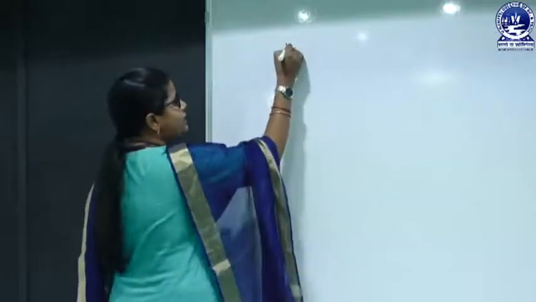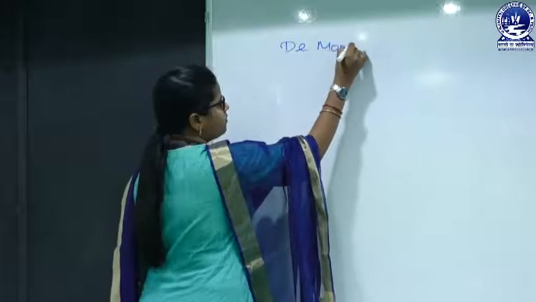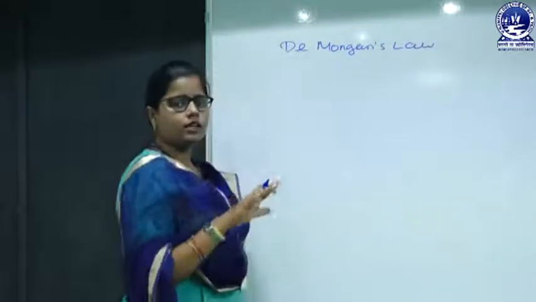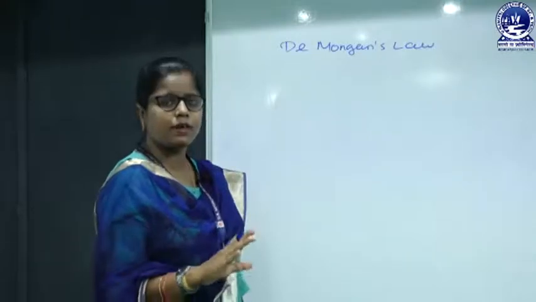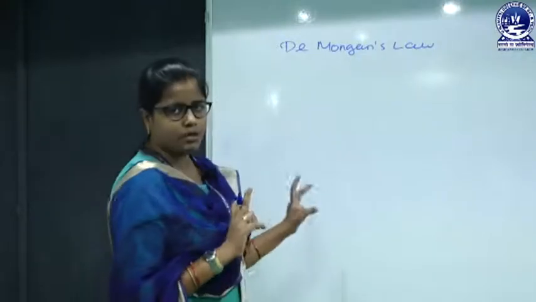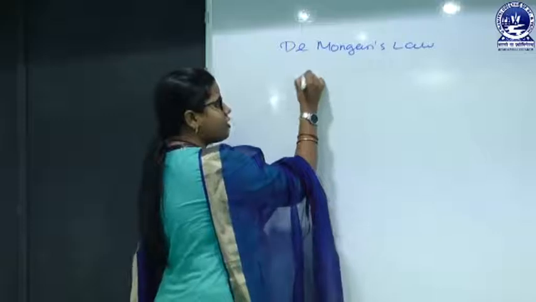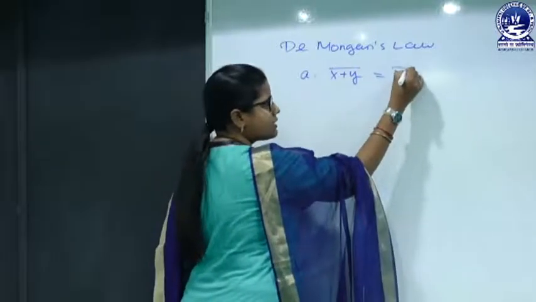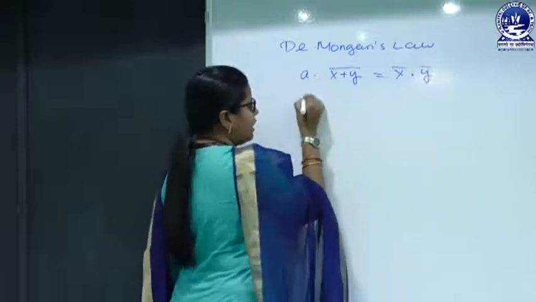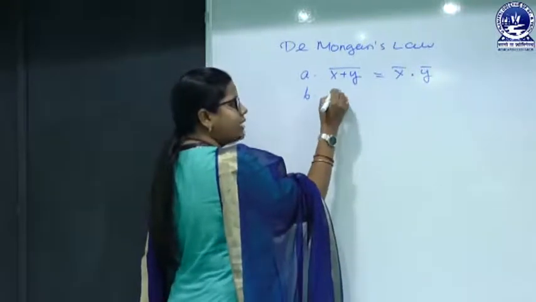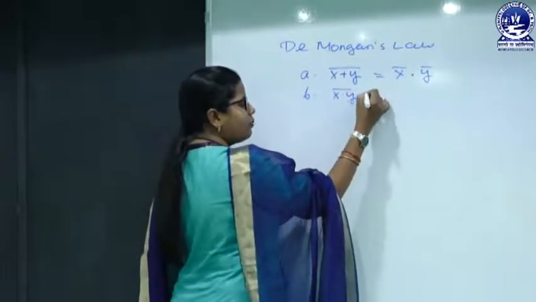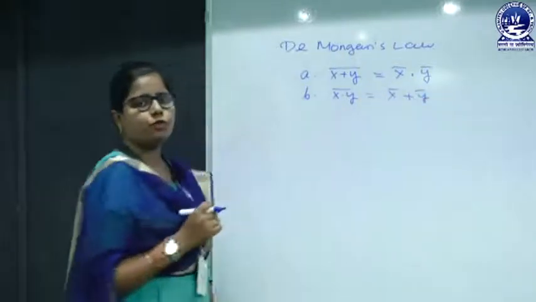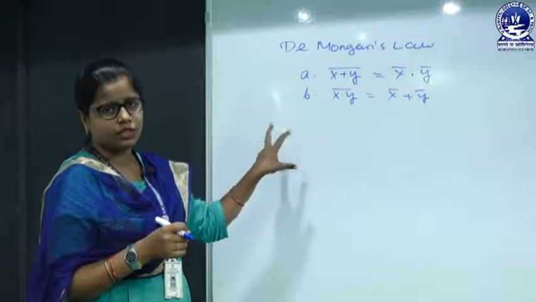And the last one is De Morgan's law. This one is important. We will use De Morgan's law in logic circuits and in the synthesis of NAND and NOR gates and all that, so we have to remember this law. De Morgan's law says x plus y whole complement equals x complement dot y complement. And if we apply the principle of duality, then x dot y whole complement equals x complement plus y complement. Let's prove both theorems by the perfect induction method.